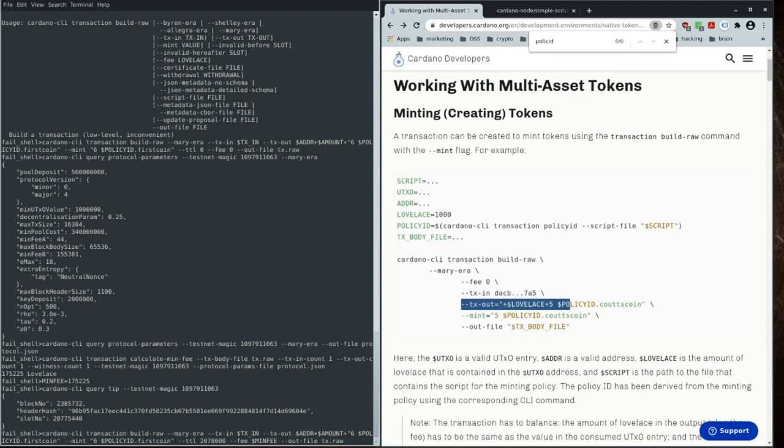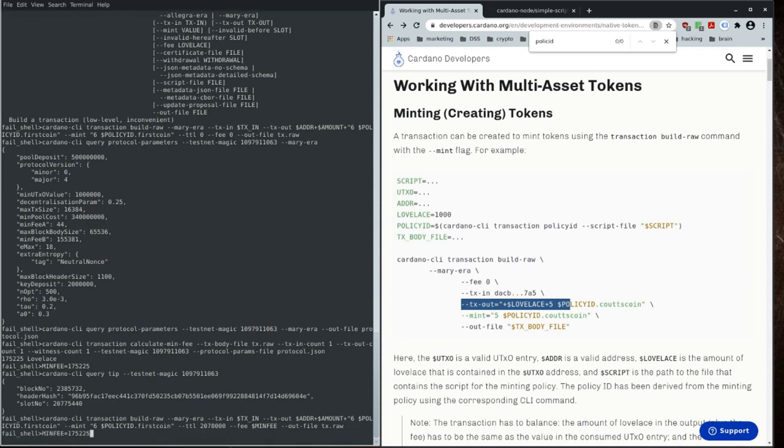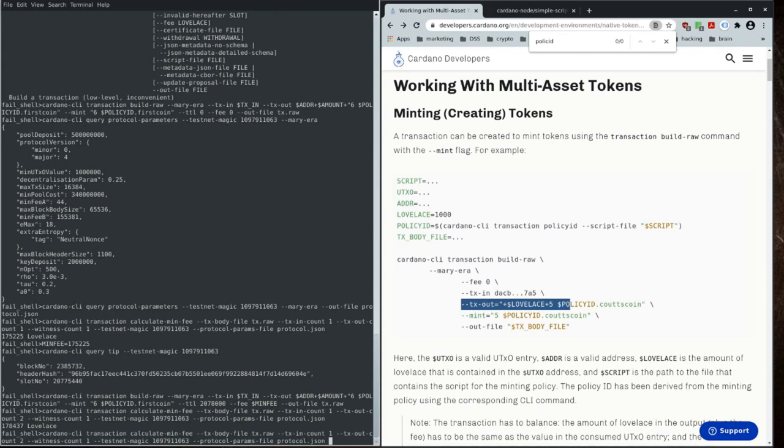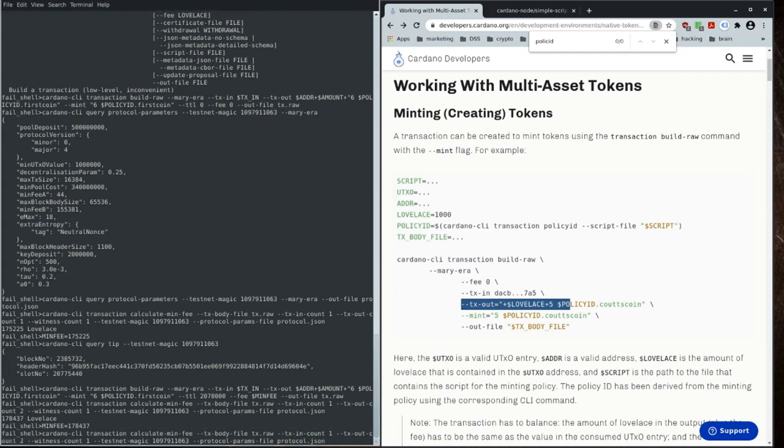Let's say, in fact, before I do that, let's try this again, and we'll do transaction out count 2. Is that the same? No, it's a little bit different. All right. So min fee 178437. All right. Now we can build our thing. We're gonna do